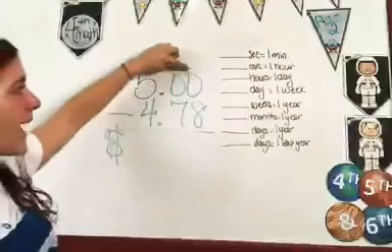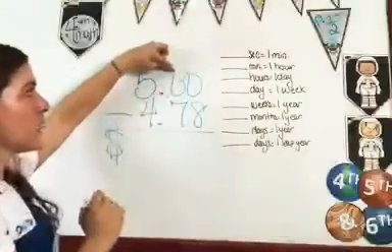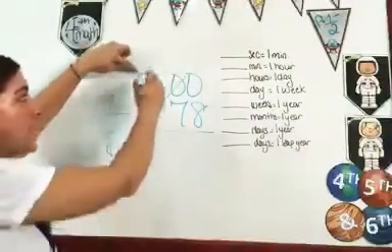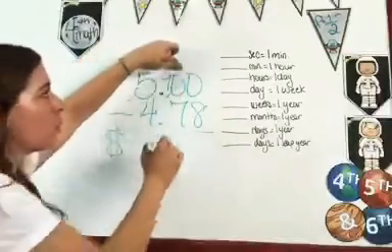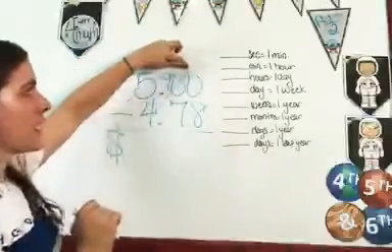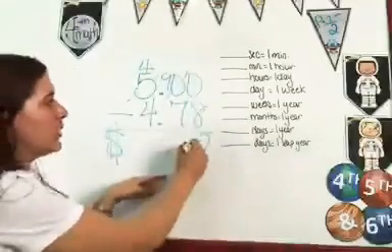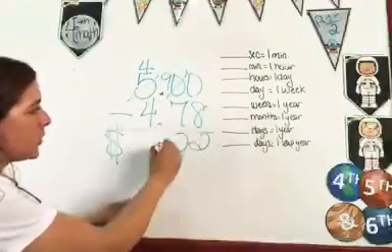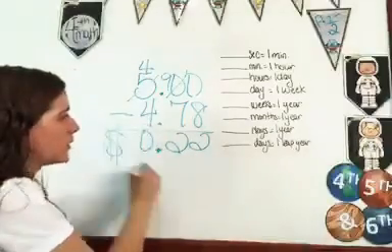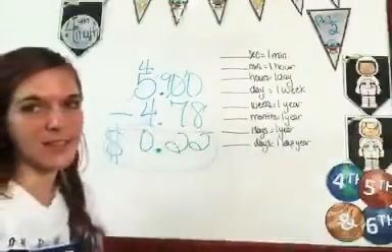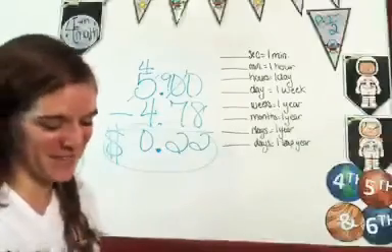This one needs to be 10, but you can't get it from here because this one's 0, but you can get it from here. So this is going to be 4. This is going to be 9 because we borrowed 1 from it, and now you have 10 right here. 10 minus 8 is 2. 9 minus 7 is 2. Point, don't forget your point. 4 minus 4 is 0. So you got 22 cents out of your cambio, not a gran cambio, okay?